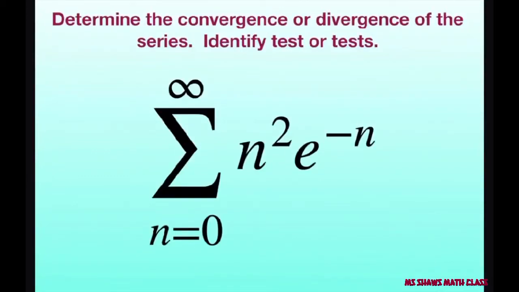Everyone, we're going to determine the convergence or divergence of the series and identify the test or tests, if we use two tests, that we use. So we have n squared times e to the power of negative n. So we're going to use the ratio test and note that the limit as n approaches infinity of absolute value